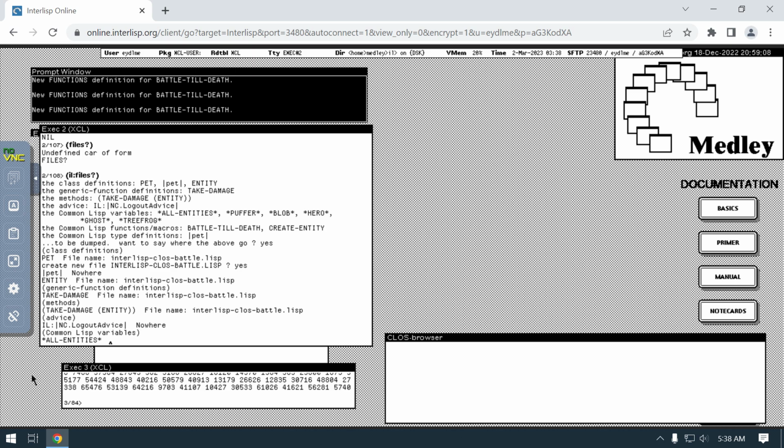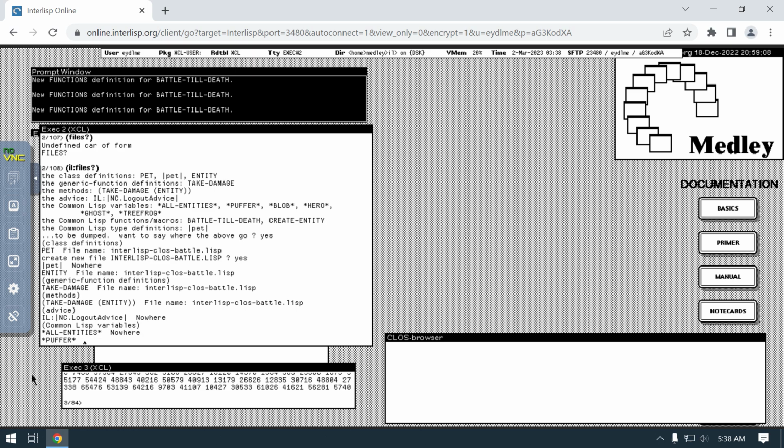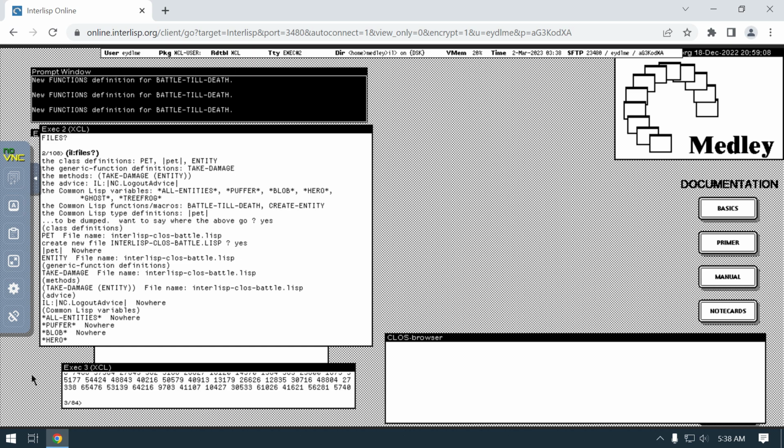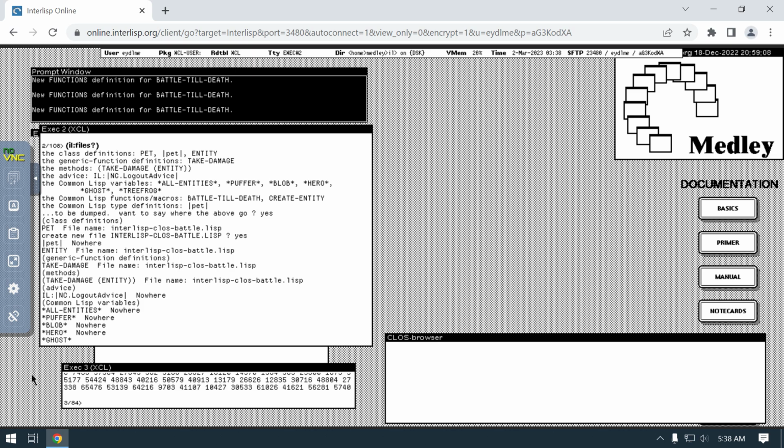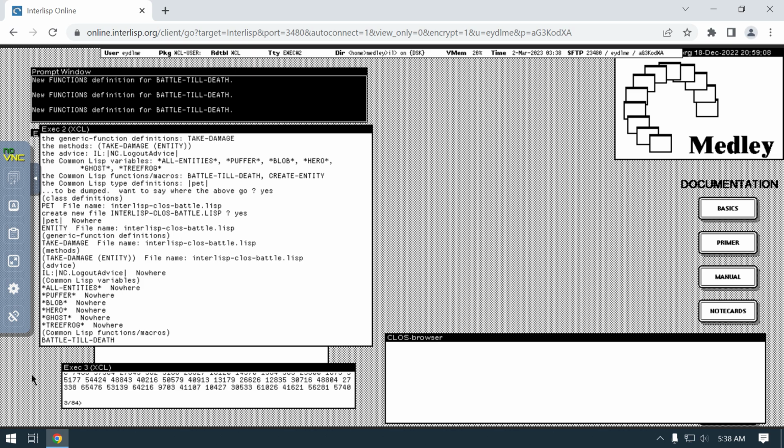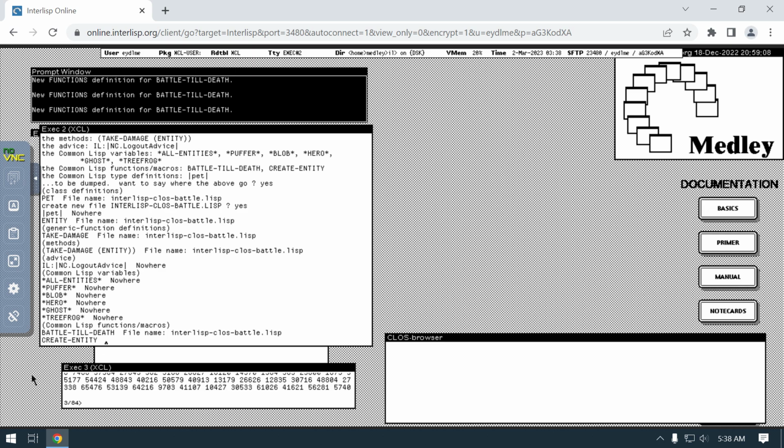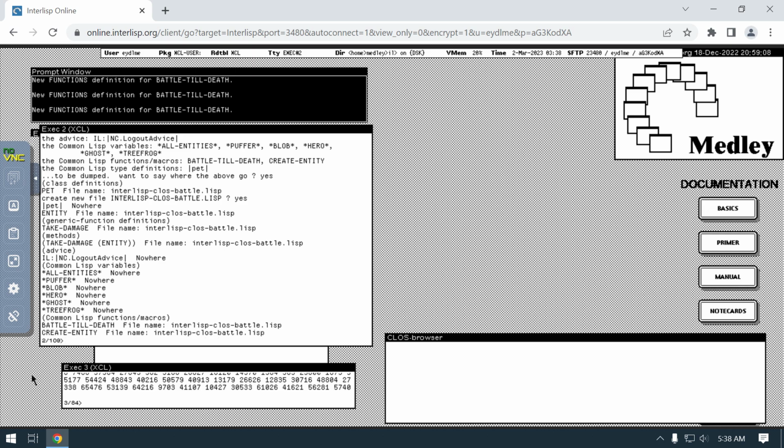All entities, this is a global variable. I don't care about that. Buffers, global variable, I don't care about it. So just the right square bracket's going to say nowhere. Blob, don't care about it. Hero, don't care about it. Ghost, don't care about it. Tree frog, don't care about it. Battle till death. Function or macro, yes. Alt-V. Paste that. Create entity. That's the function that creates the entities. Yes, I want that. Alt-V. And then